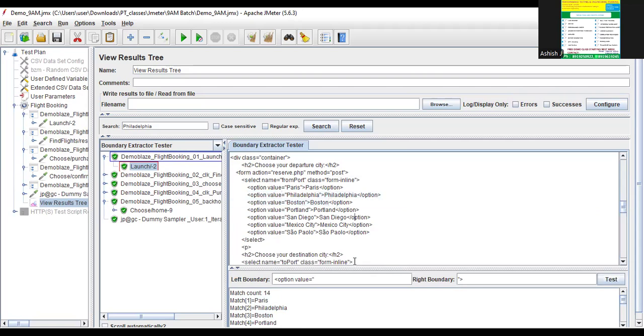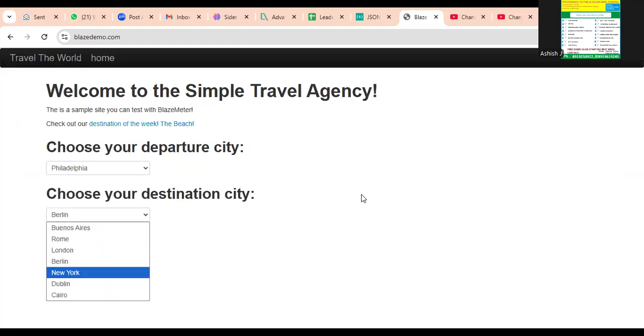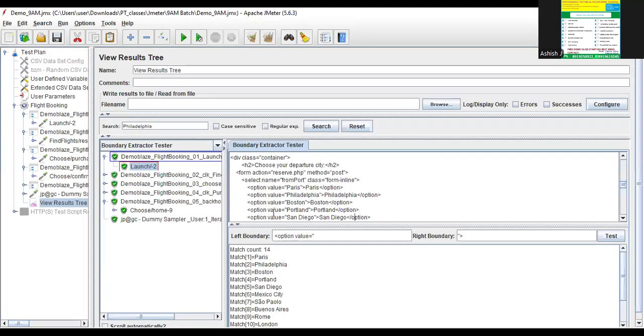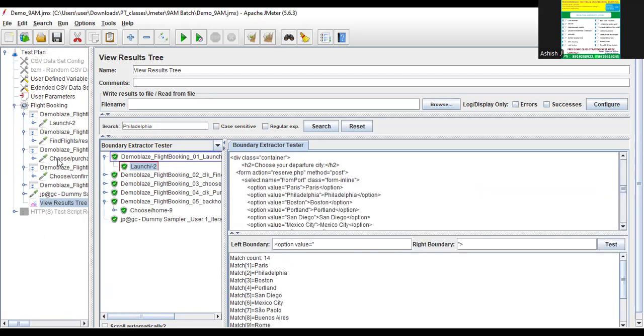Mostly you'll see this kind of situation where you have a list box. Like, this is a list box, right? You go to your application, this is a list box. So in the list box, you'll have this option value as your left boundary, that is common for every list box. So it says 14. Now I want to capture only Philadelphia, and for to city, I want to capture Berlin. So how can we do that? Let us see. First, we'll